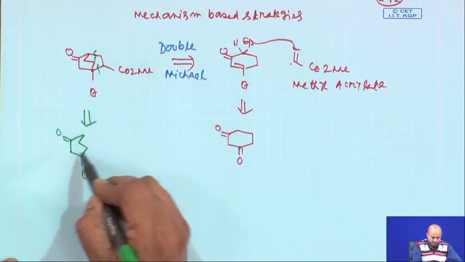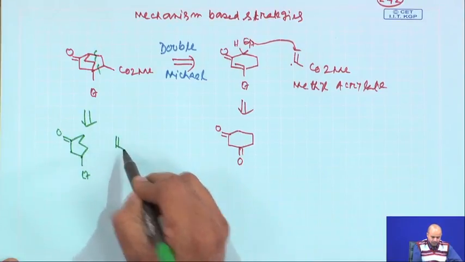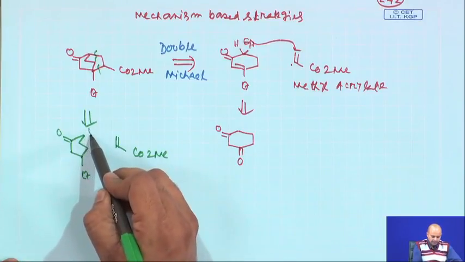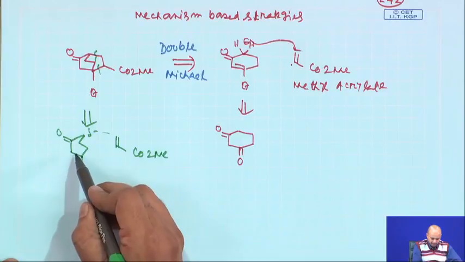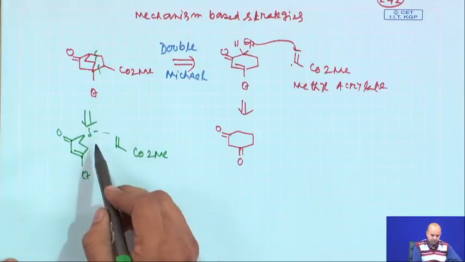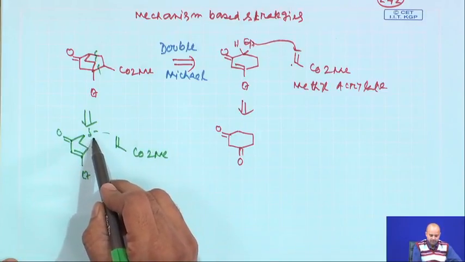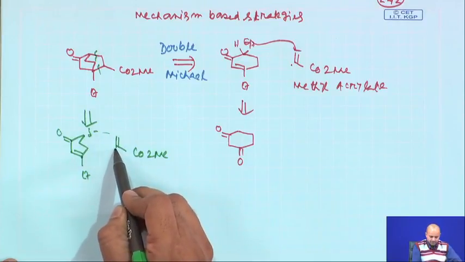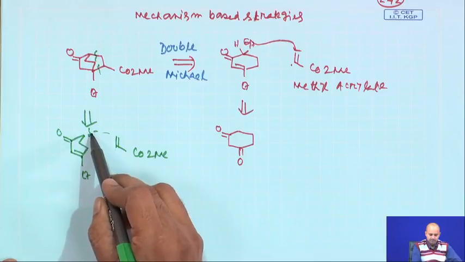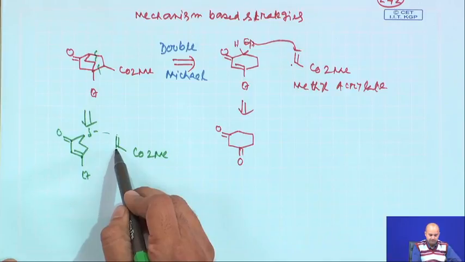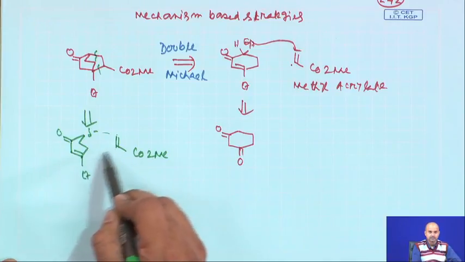Now we put the Michael acceptor. Here you have a delta minus which can be easily generated, and if you put a double bond here, this is now an electrophilic carbon. Once the first Michael starts, the minus charge comes here. The anion is transferred from this carbon to this carbon. Now, this carbon gets the Michael acceptor in close proximity and undergoes another round of Michael addition,